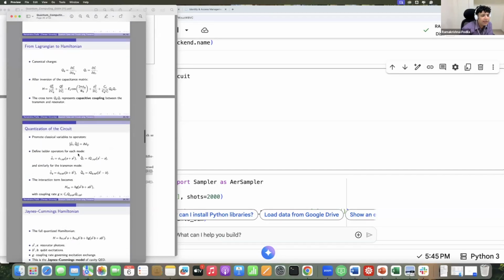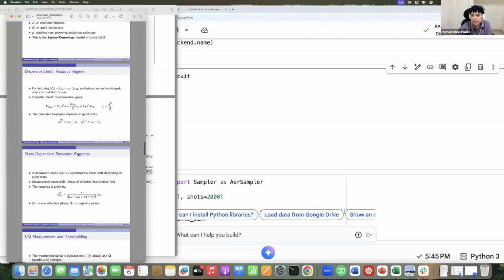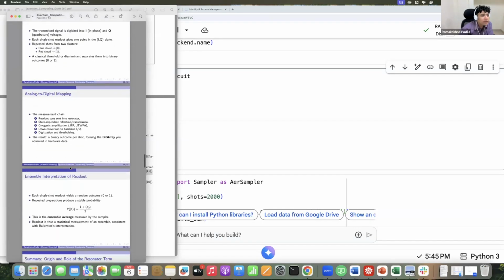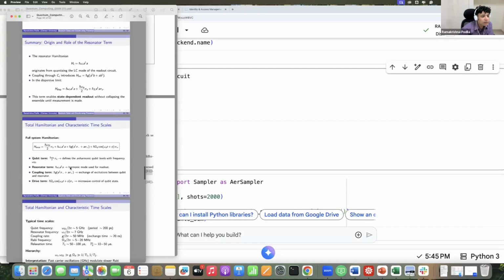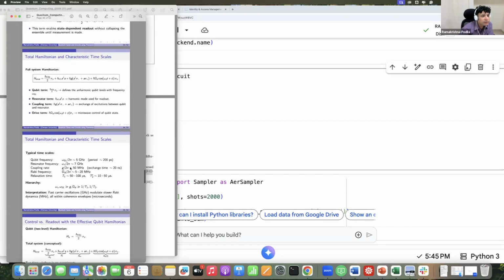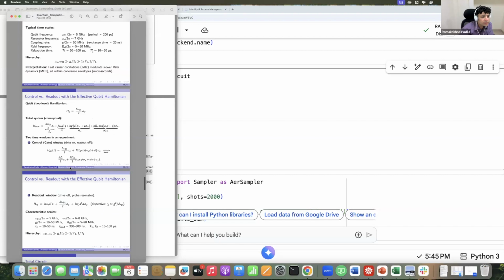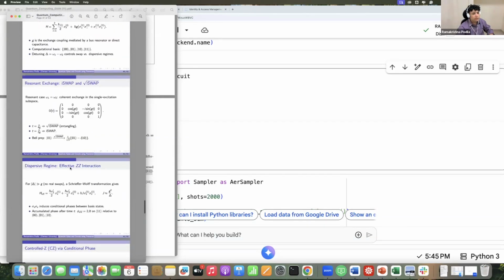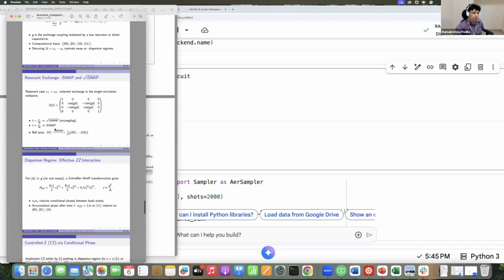And we have iSWAP gate. Yes, that's right, Mahesh. So in the first lecture, see here, iSWAP gate, square root of iSWAP gate, you can get